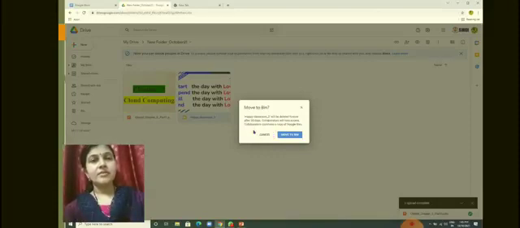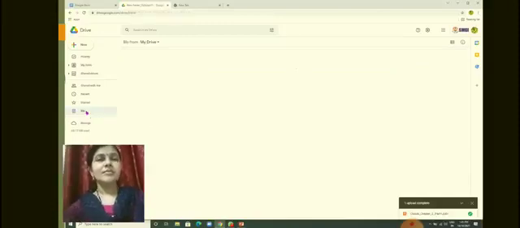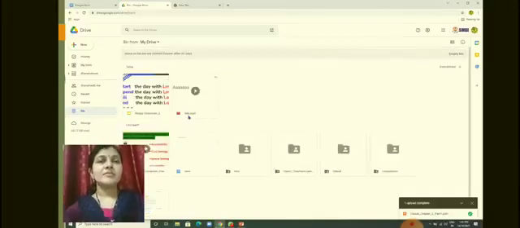But it will be removed from this drive and kept in the bin. I will click on move to bin. Now it is removed from our folder and kept in the bin. When I click on the bin, it is present here.